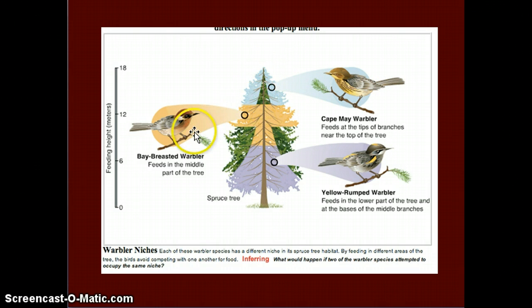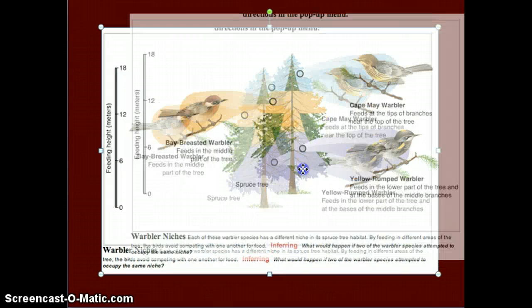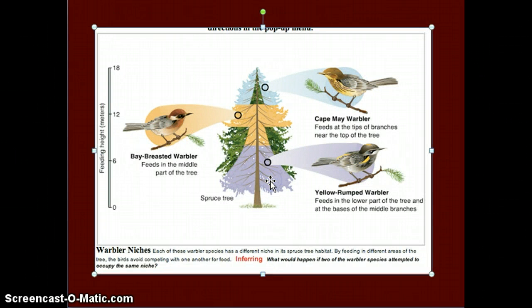tree. When we look at the bay-breasted warbler, its realized niche is this peach area. And when we look at the yellow-rumped warbler, its realized niche is the bottom of the tree. So even though it has the fundamental niche where it could occupy any place, its realized niche is what it